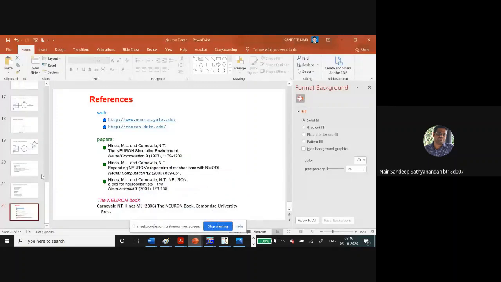So this is what we covered right now. We covered setting the soma properties, the dendrites, connecting the dendrites, then connecting the axon to it, changing the membrane properties, and verifying the spatial and temporal summation. And now you can also introduce